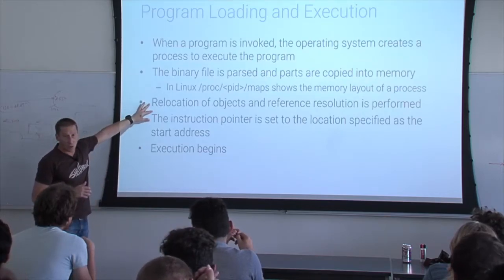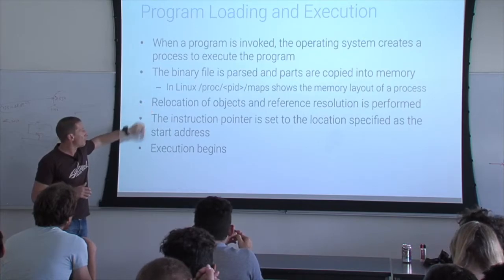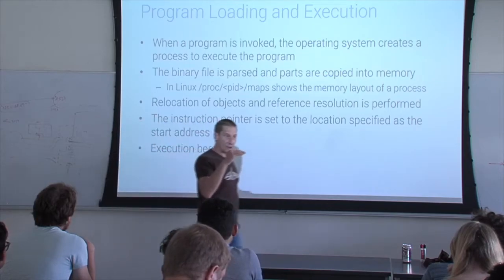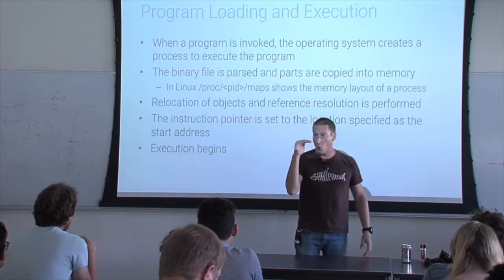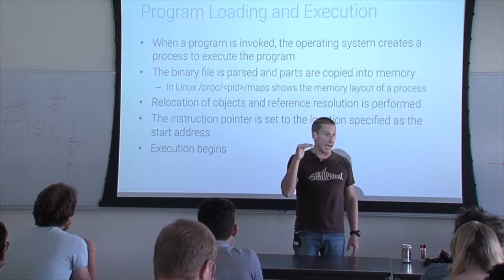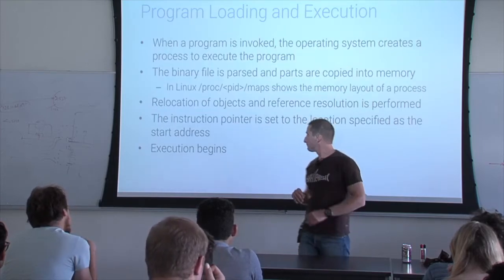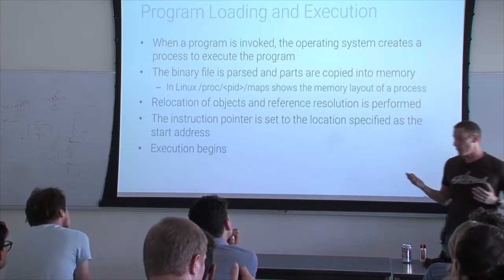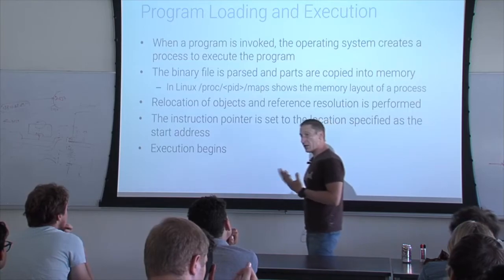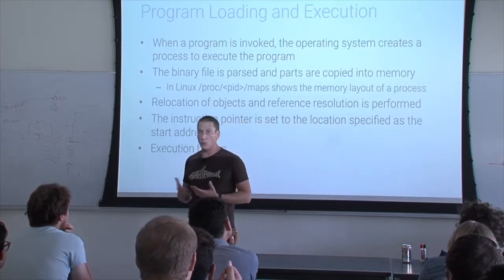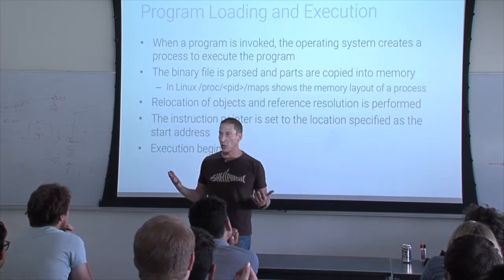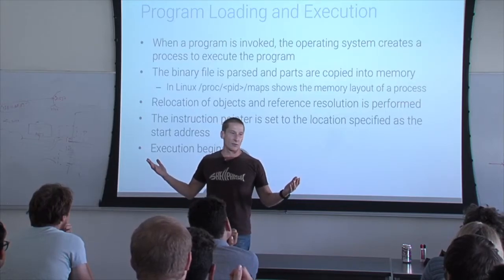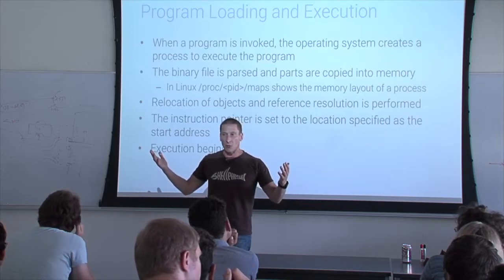Then if there are relocations, things that need to be modified are modified, and then the instruction pointer is set to the starting address, which is, if you remember, one of the fields in the header of the ELF format. And at that point, execution begins. In fact, if you don't have the ELF format, we sometimes have to operate with what we call a blob, a binary large object. In this case, you have a bunch of instructions, and finding out where I should start